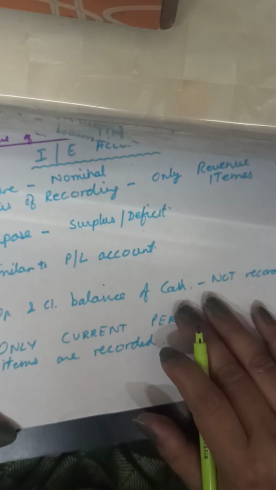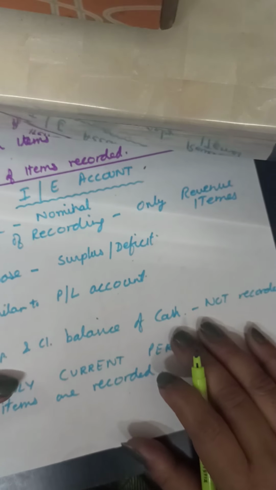That is the income and expenditure account. And then after this,